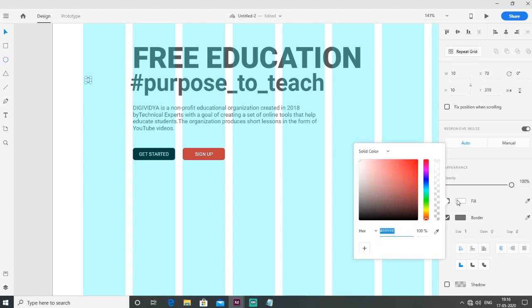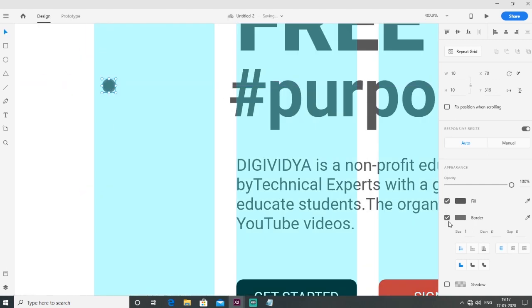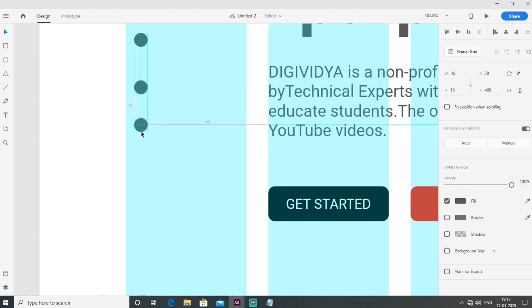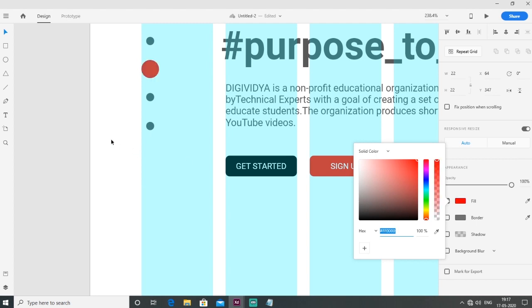I make a circle, fill color dark gray, and border none, and make 24 pixels gap. And just change the color into red.